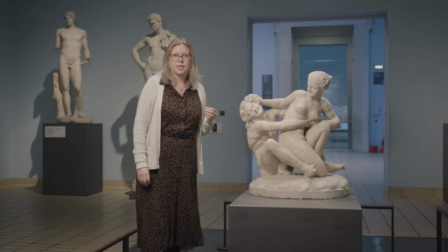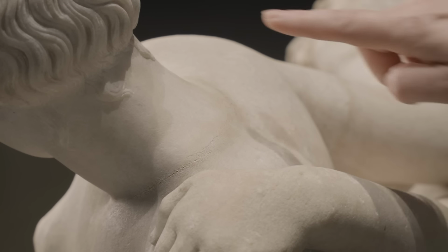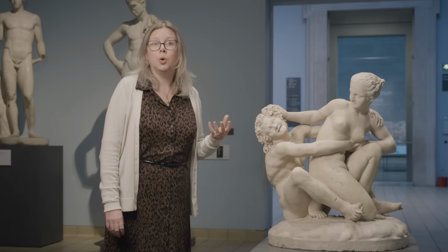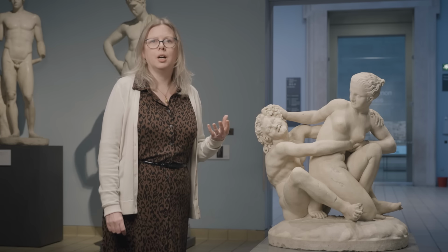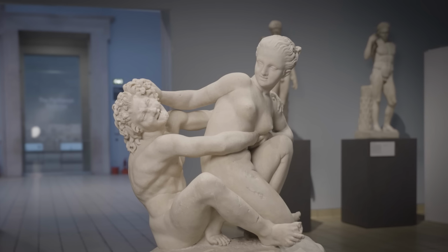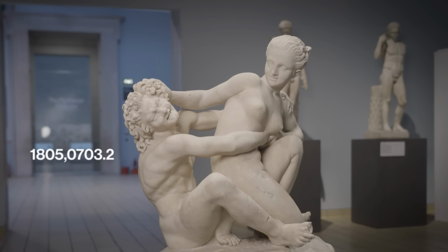We know that the nymph's head isn't original because we can see it on the sculpture. There's a join that you can just see between the head and the neck. But to find out more, we have to go and look in the museum's archives. This sculpture was acquired by the British Museum in 1805, and we know this if we look at its identifying number, which is